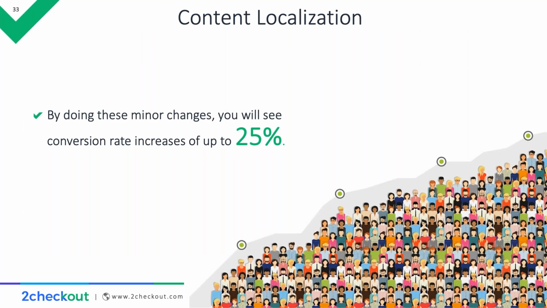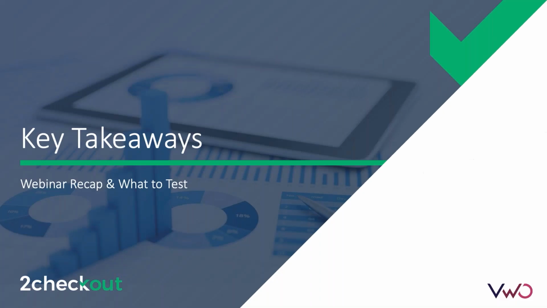So all in all, to put a number on it, by translating your card and applying all those other small changes in the mini bundle, you will see a global increase of up to 25%. Add that up to the extra revenue I was talking about with card flow and local payment methods, and you are looking at a business-changing increase over here. However, if some of them are too resource intensive for your business plan, you can definitely always focus on a few of them and still get some nice revenue increases.